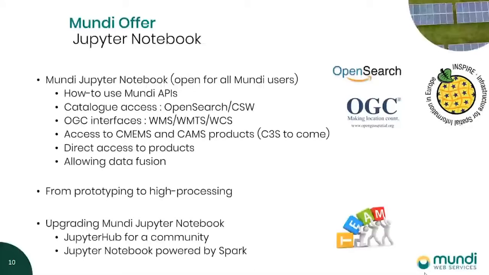So here you have an example of how to access the data and how to display it. All these notebooks are made in order to have access to the product, but also to try to ease the fusion of data, combining all these sources of data to solve some problem you could face. So we see in these different types of data a good opportunity to bring new services. The notebook, we see it as a prototyping tool, but it can also be a way to prepare your high processing that will come after, and it could also stay on Jupyter Notebook because we could have some evolution